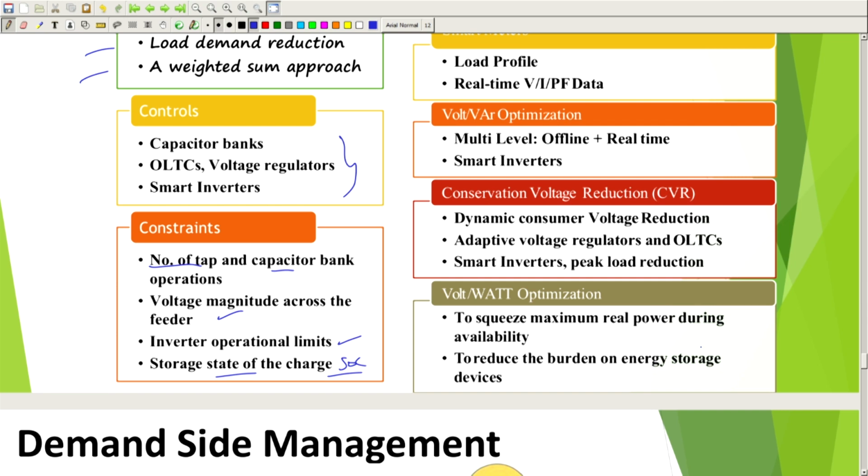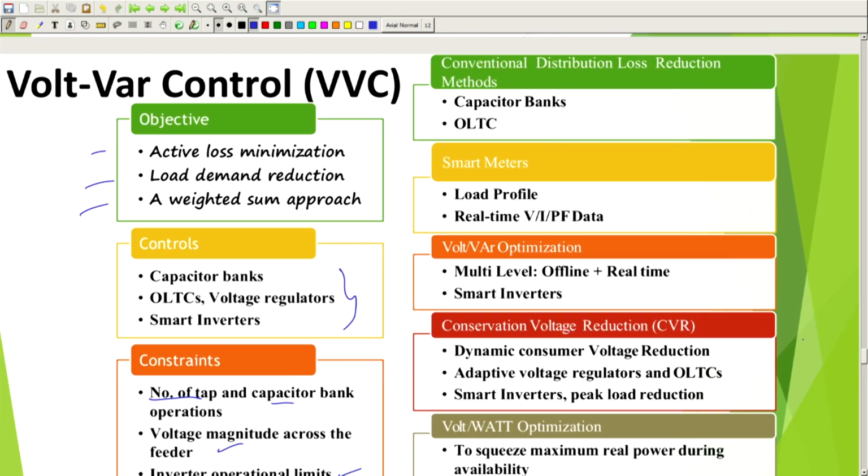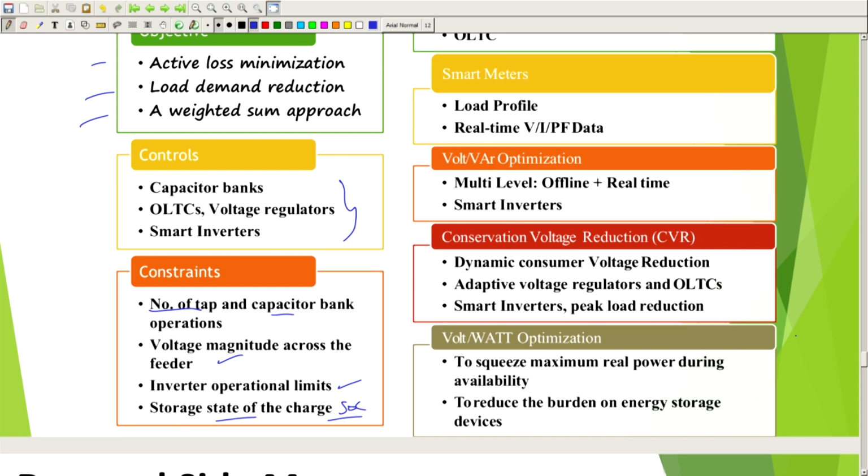So, smart meters provide the data inputs: load profile, real-time voltage, current and power factor are being updated. So, volt-var optimization could be multi-level, offline plus real time, and by using smart inverters as well. So, this is one of the important aspects of